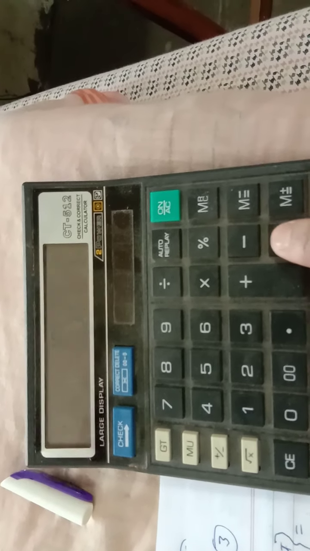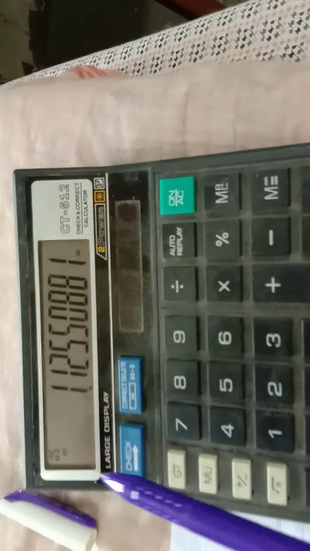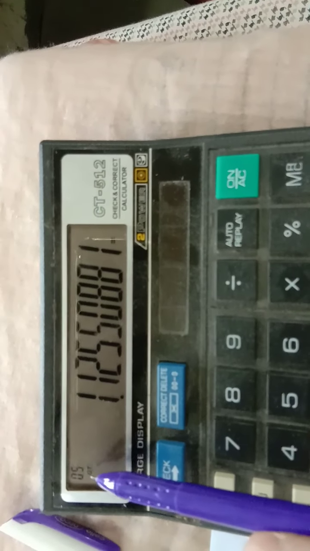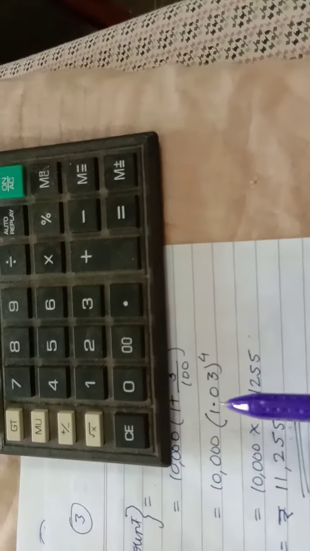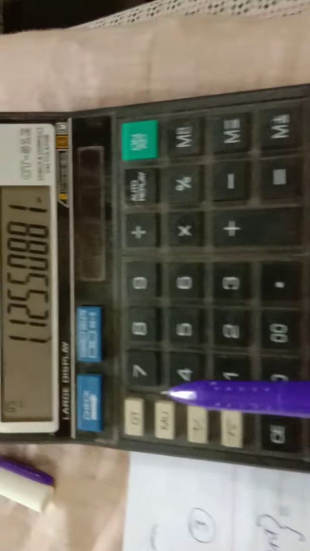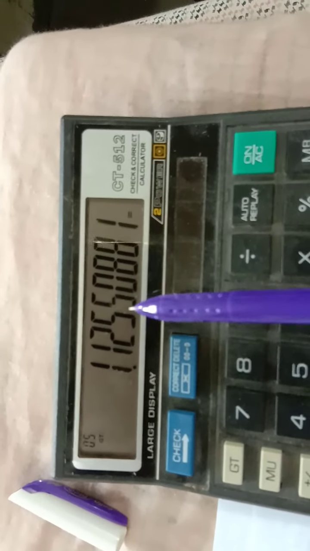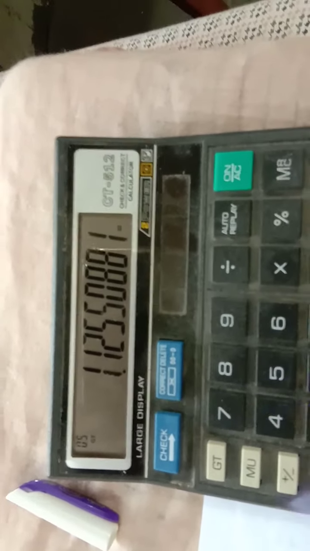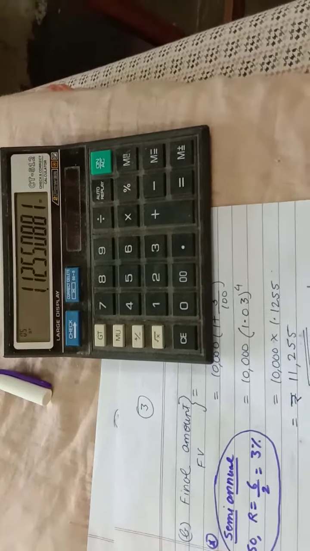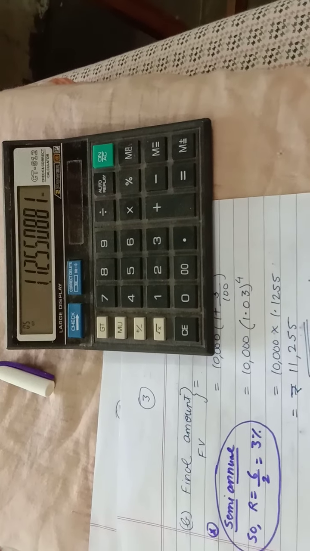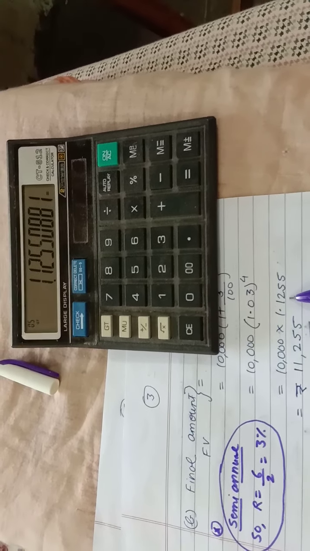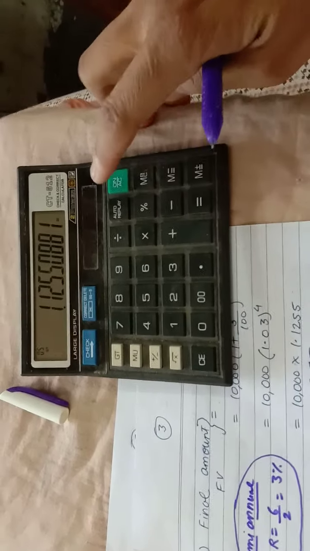Okay, one more, right. So see, you will get 5 over here. I want the raised to power 4. So whenever you get 5, you stop, and this is the answer of raised to power 4. Fine. Then see, I have written here the answer was 1.1255. I have written here 1.1255. I'll show you it again.